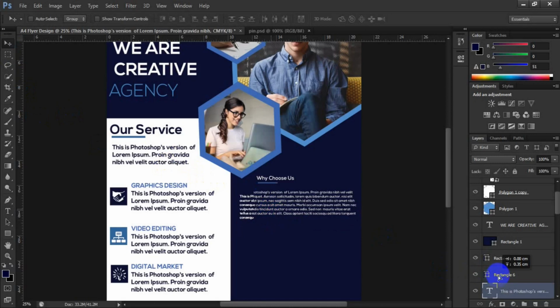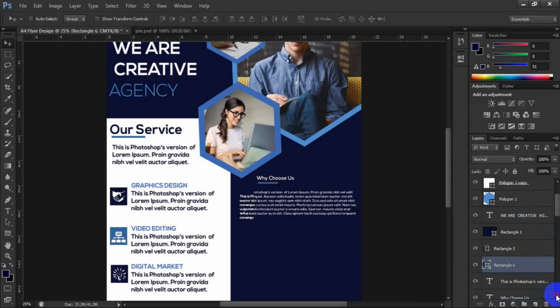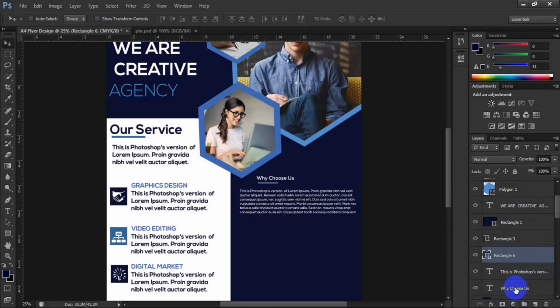Right? And look for why it chooses us. Control key and click on the white users layer. Just position it somewhere here. Right. So the next thing now is to tell them the reason why